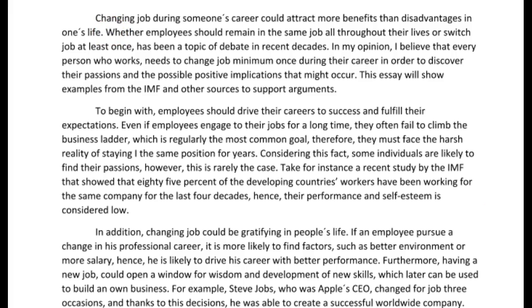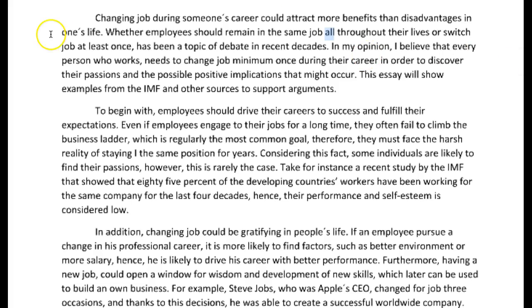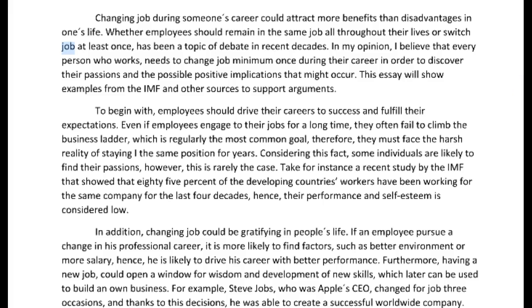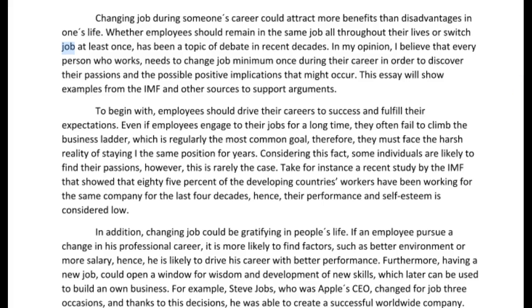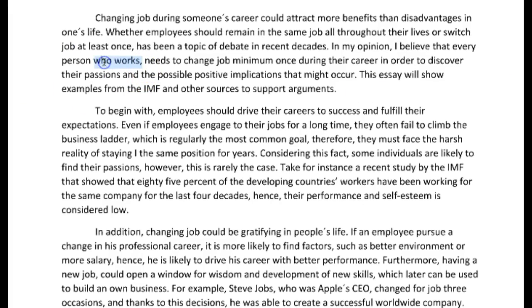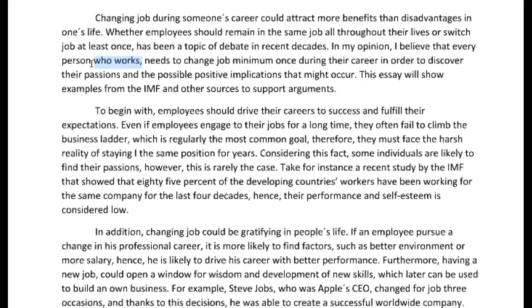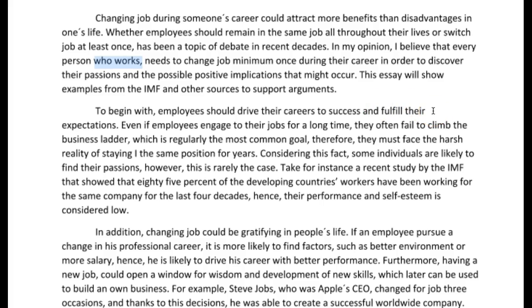Whether employees should remain in the same job. You don't need all here, you could just say throughout their lives, or switch. You could take out job, we know we're talking about jobs, so we could take out job there, or switch at least once, has been a topic of debate in recent decades. In my opinion, I believe that every person, we don't need to say who works, we're talking about work, so again, it's unnecessary language, we don't really need that. I believe that every person needs to change